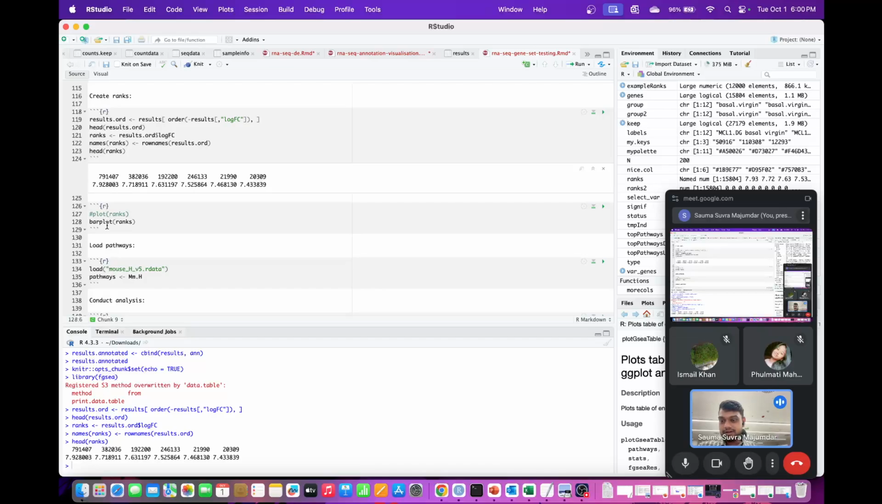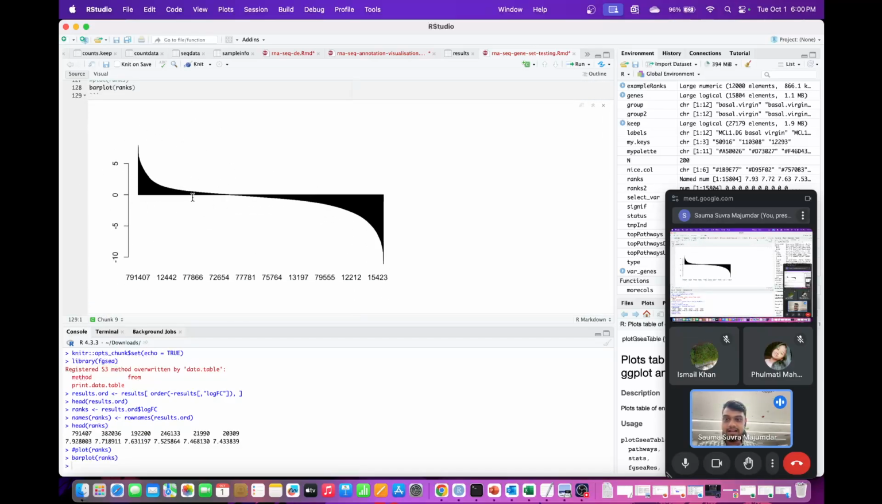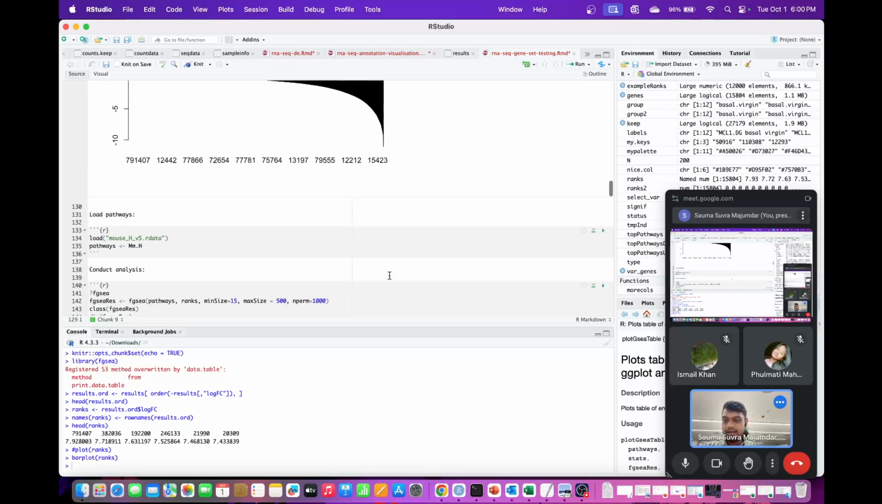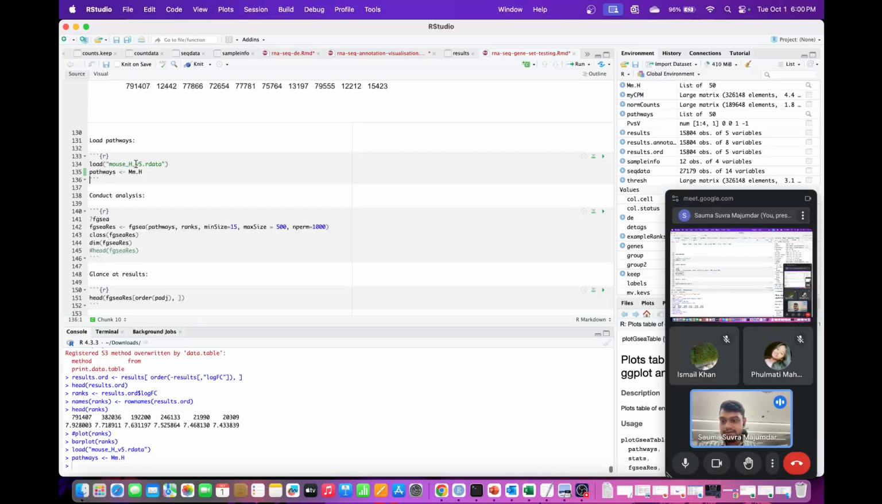Now, if you want to create the bar plot of the ranks, this is how it looks. So you have certain genes which are highly upregulated. You have certain genes which are highly downregulated. Now you want to get the pathways. So the pathways I've got already defined here. So the pathways, if you want to see,